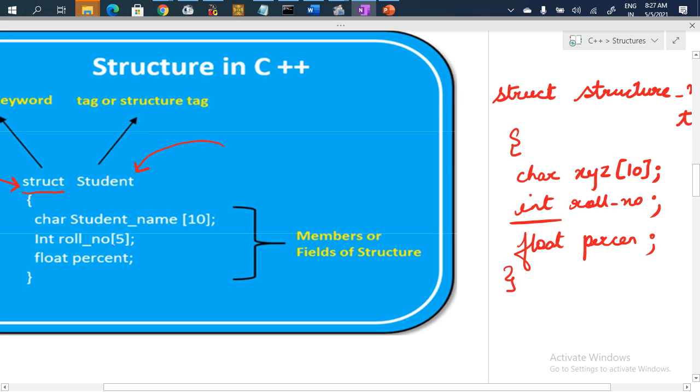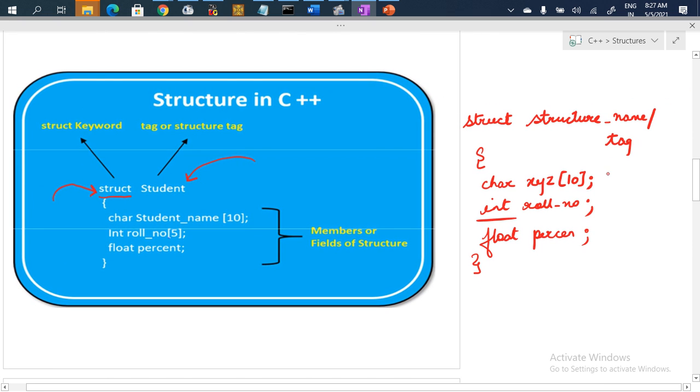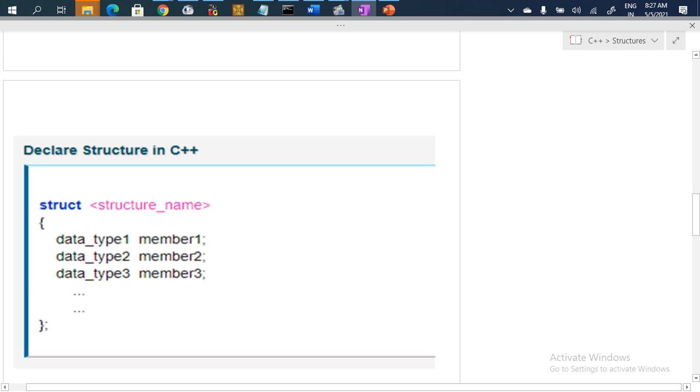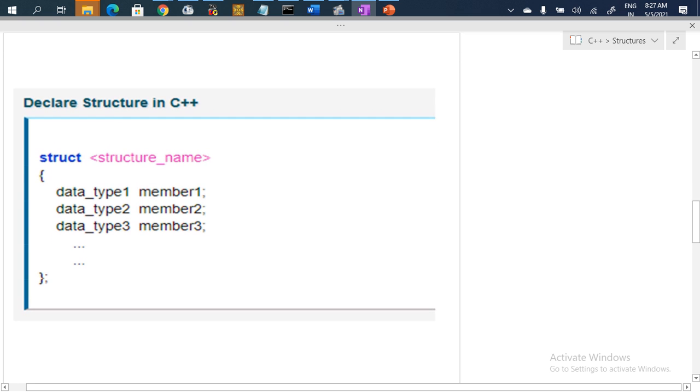So all these members are known as members or fields of the structure. So this was the simple structure. Now we'll see how a structure is declared in C++. We have taken the struct keyword. It is a keyword which will tell us that we are going to use a structure.